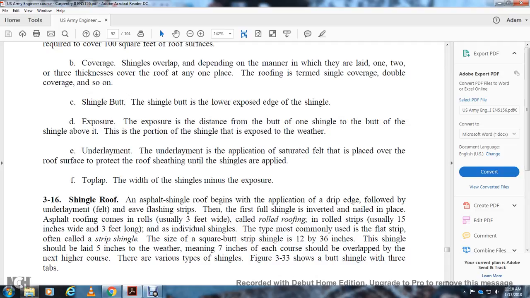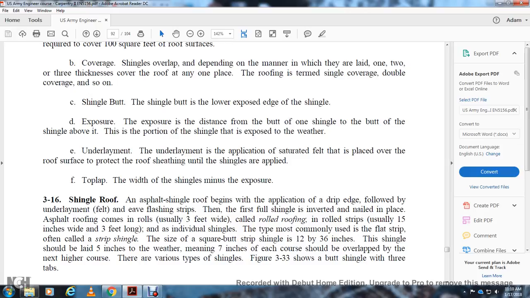Alright, it's 316. Shingle roof. Asphalt shingle roof. Begin with the application of the drip edge followed by the underlayment. The felt with the eave of the flat strip. The first full shingle inverted with the nail placed in the asphalt roof comes in rolled, usually 3 feet wide,